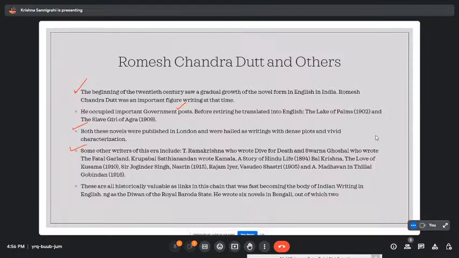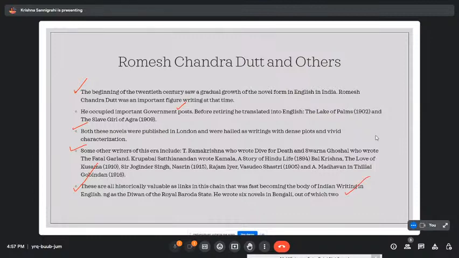Ramakrishna, who wrote Die for Death, and Swarna Ghoshal, who wrote The Fatal Garland. Krupabai Satyananda wrote Kamala, A Story of Hindu Life. Bal Krishna, The Love of Kusuma. Sir Joginder Singh Nasrin, Raja Iyer, Vasudev Shastri, and a Madhavan in Thillai Govindan. So these are all historically valuable as links in this chain that was fast becoming the body of Indian writing